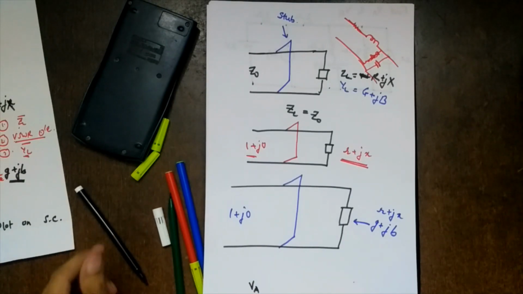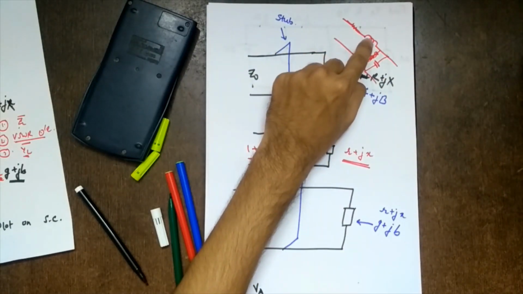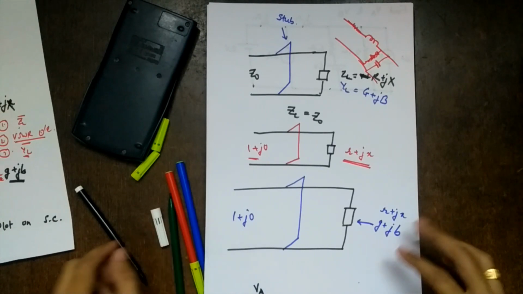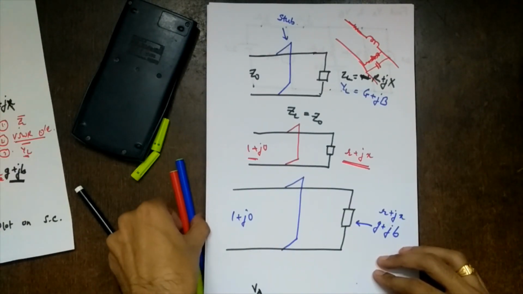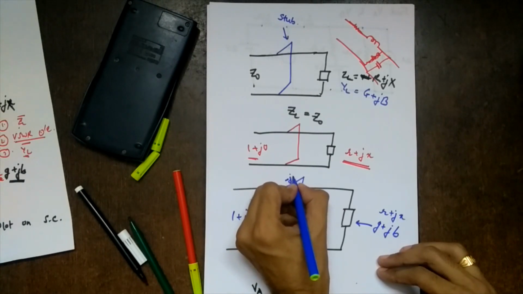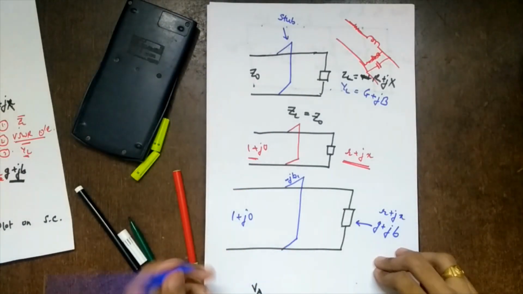A student had asked the question, what is a stub exactly? So a stub is nothing but a transmission line. We design it in such a way that it can represent only an inductor or a capacitor. Okay. So let's say we are representing it as a capacitor. So we know a capacitor has a negative reactance. So this will be what? Minus jB1, for example. Right? Now what do we have to do?